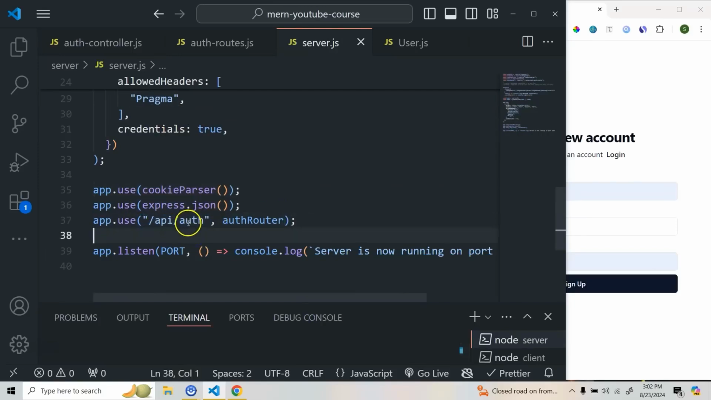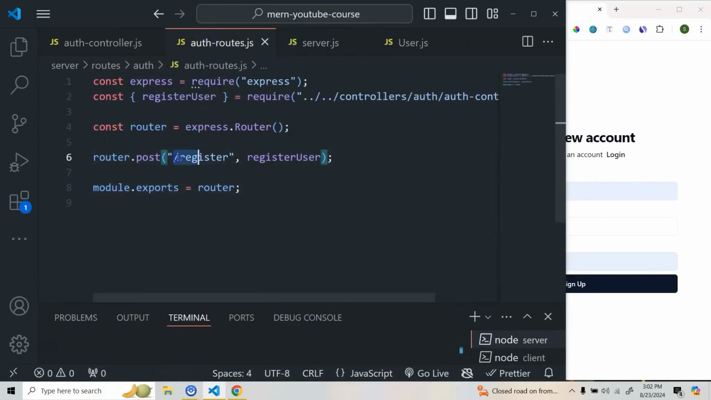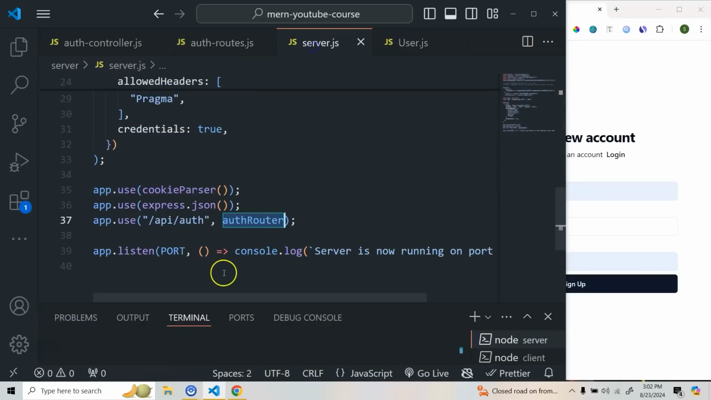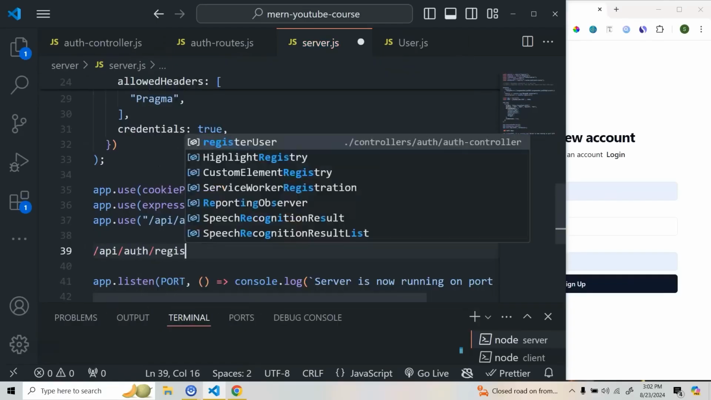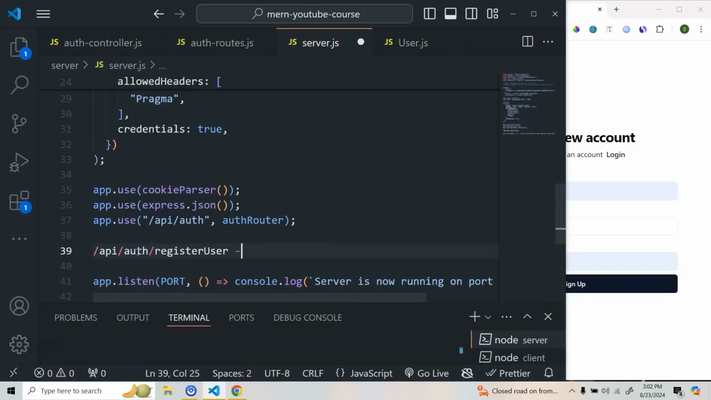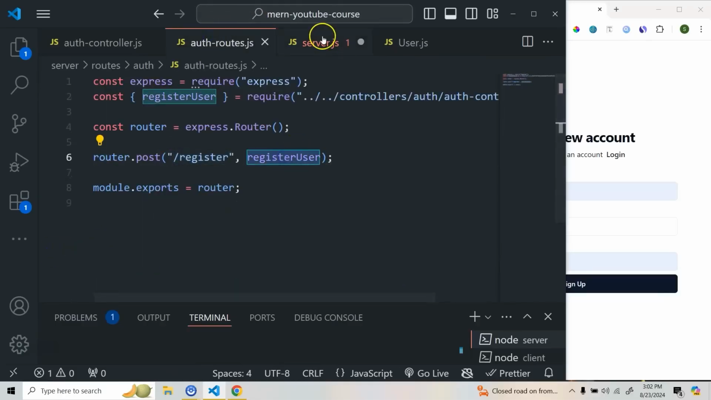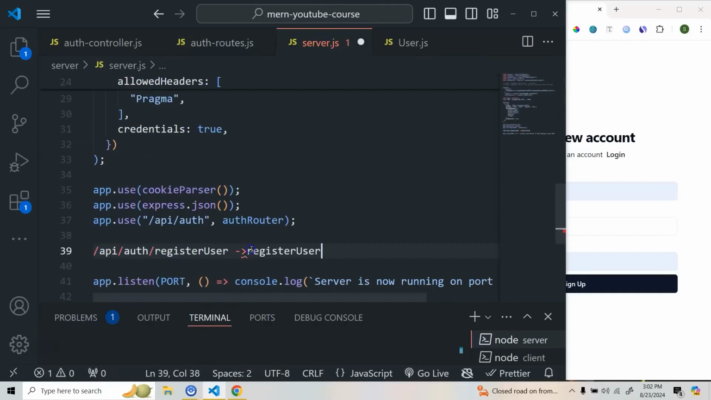So I'm basically telling that this will be my main API route for auth. So /API/auth, I'm going to use auth router, and then it will go to auth routes and it will check /register. What I'm trying to say is that when I go to /API, then /auth, then /register user, I'm telling it that whenever I go to this route, you need to run this register user controller. Okay. Similarly, we'll do for